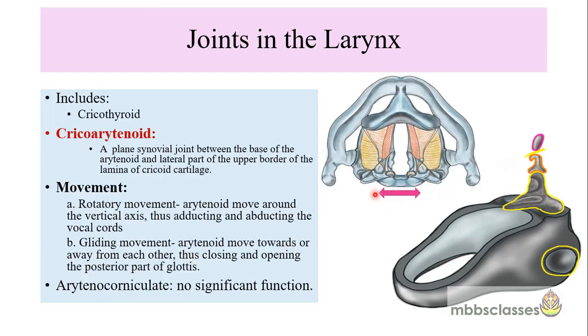And also there is some amount of gliding movement between the arytenoid and the cricoid cartilage, and when there is a gliding movement, the arytenoids move towards or away from each other, thus closing and opening the posterior part of the glottis. So when they move towards each other, they close the glottis, and if they move away from each other, they open the glottis. Another joint is the arytenocorniculate joint. This is the arytenoid and this is the corniculate. So the joint between the arytenoid and the corniculate is the arytenocorniculate joint, but it does not have any significant